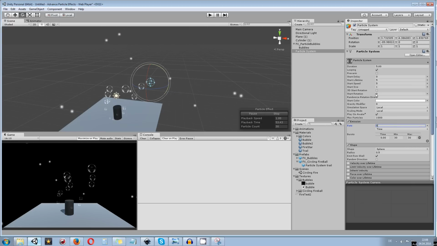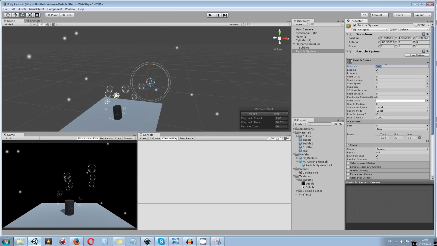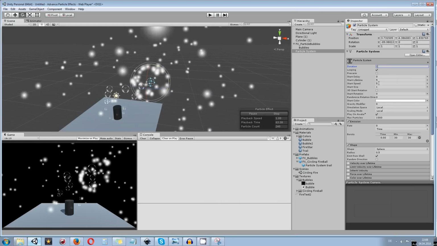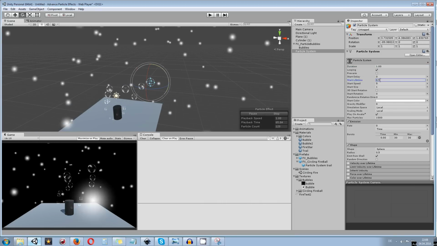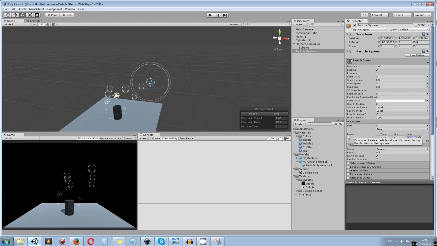So now I can see they are flying around and so on and so forth until they are basically done. I want to change the duration to 1, and also I want to change the lifetime to maybe 0.5. Yeah, that looks pretty okay. Then I want to reduce the size maybe to 0.2. So we have a small spit out effect. You can always go into the burst itself and increase the minimum and maximum of the burst particles to 60 to 100 or whatever you like to.